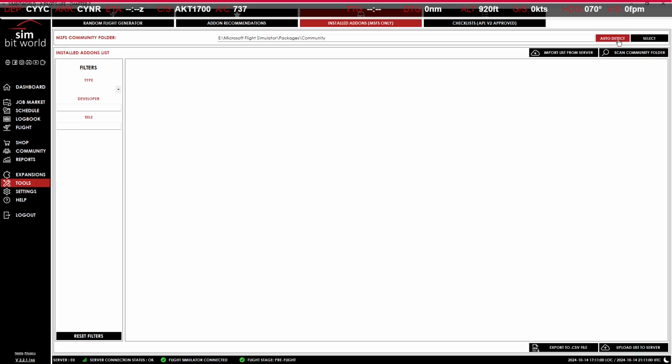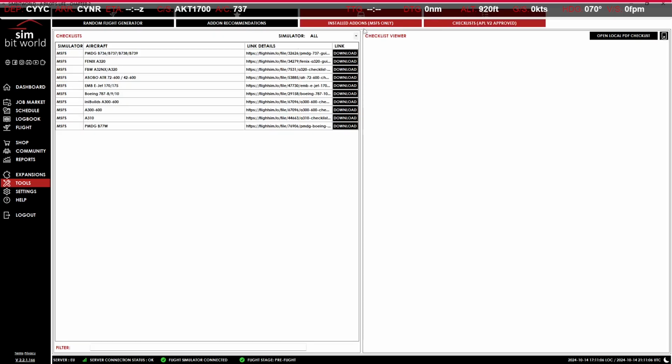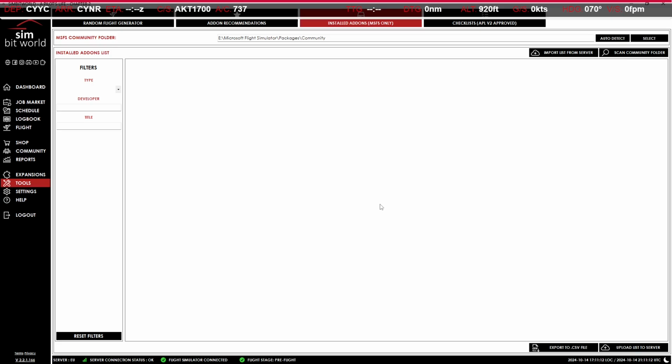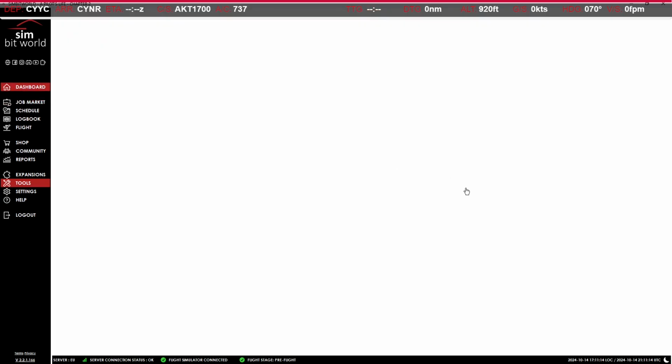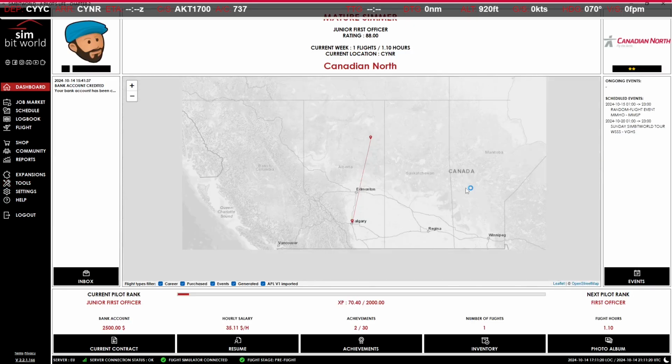So, will it auto-detect? It doesn't look like it's doing anything. Alright, and then we do have checklists and all that. So, not a whole lot of extra stuff, but I don't need it to have extra stuff. I just need it to do what it does, and, you know, it's a little over $30, so...